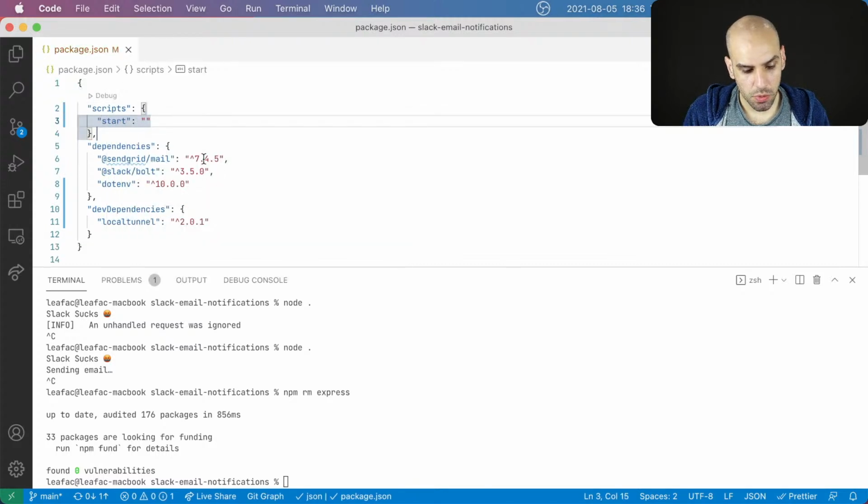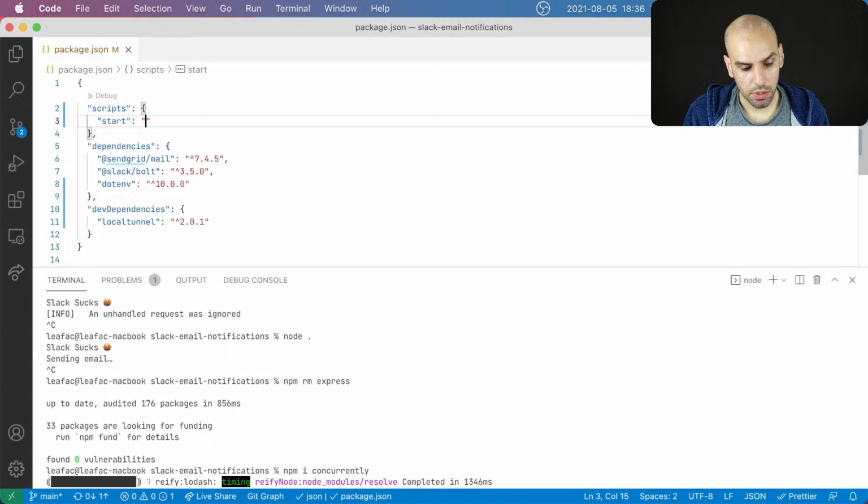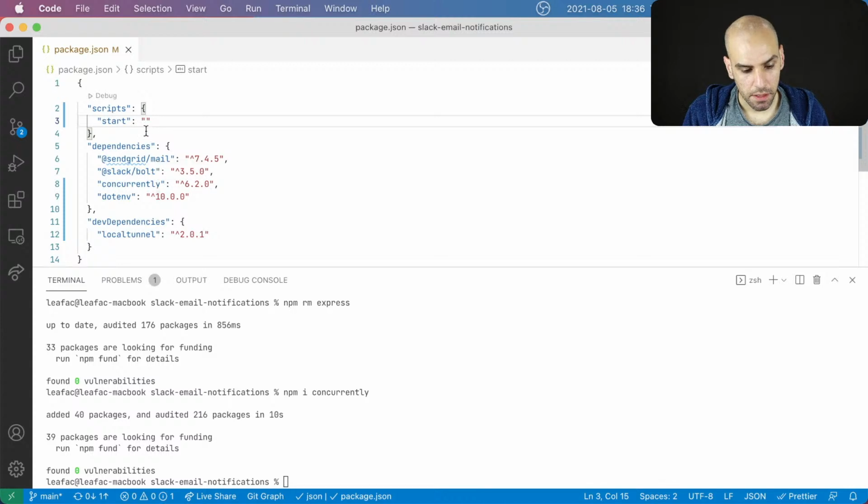And then what we need to do to start for local development is, well, we need to start two processes actually. So I'm going to install concurrently, so I'm able to start two processes. And well, I don't want to change the package.json as this is doing its thing because it's going to change the package.json. Okay, it's done now.